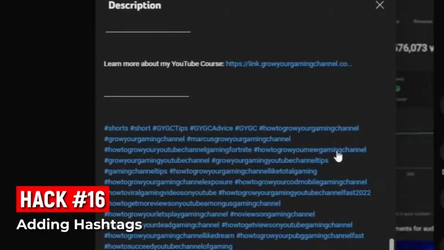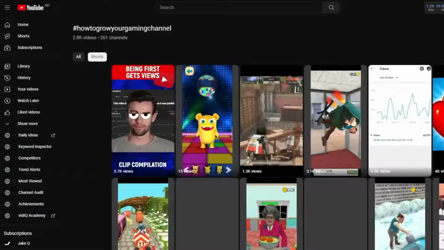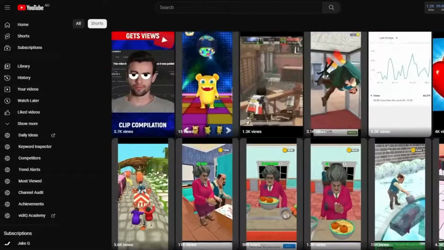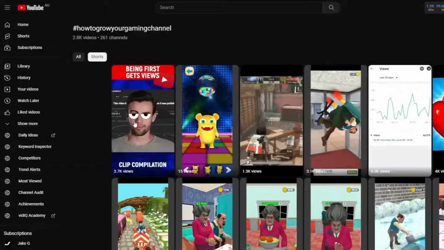Another thing is you can also add hashtags to shorts, which means if someone goes to that hashtag and clicks on it, they'll see a list of all the shorts that have been tagged with that. So if someone has that hashtag in their short and one of their viewers clicks on it and you also have that same hashtag in the description of your short, it might show up here and have the chance to get more views. It's a bit of a double-edged sword though, and that leads to our next tip, which is